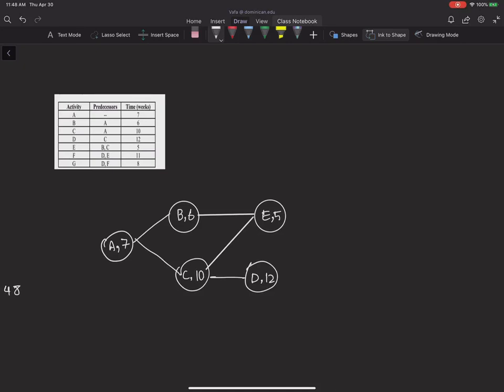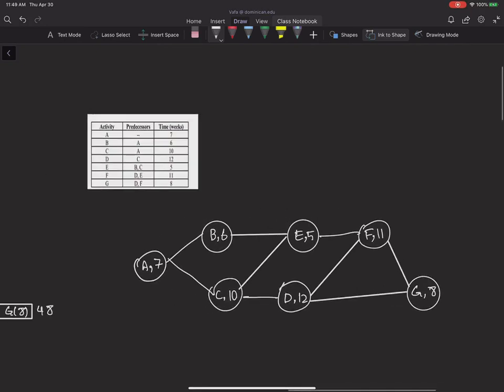After doing D and E, I can do activity F, which takes 11 weeks to finish. And after doing D and F, I can do activity G. So this is how I'm going to show it. And activity G will take 8 weeks. So now that I built my network, I should go ahead and do the forward pass and backward pass. The earliest start here is 0, and 0 plus 7 will give me 7 for the early finish of activity